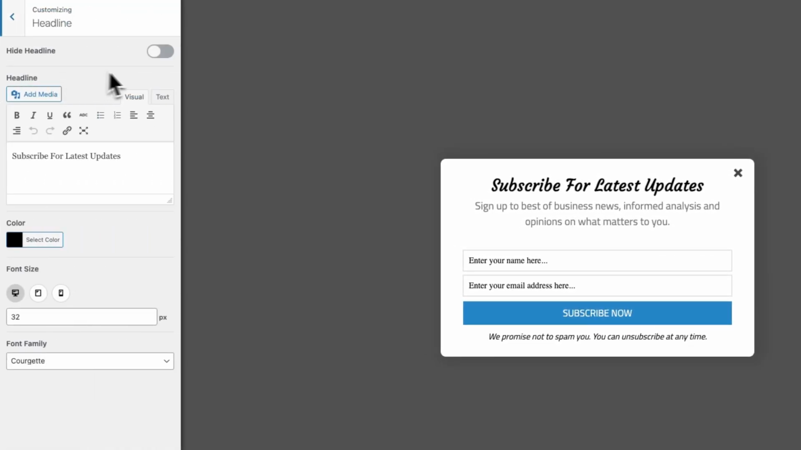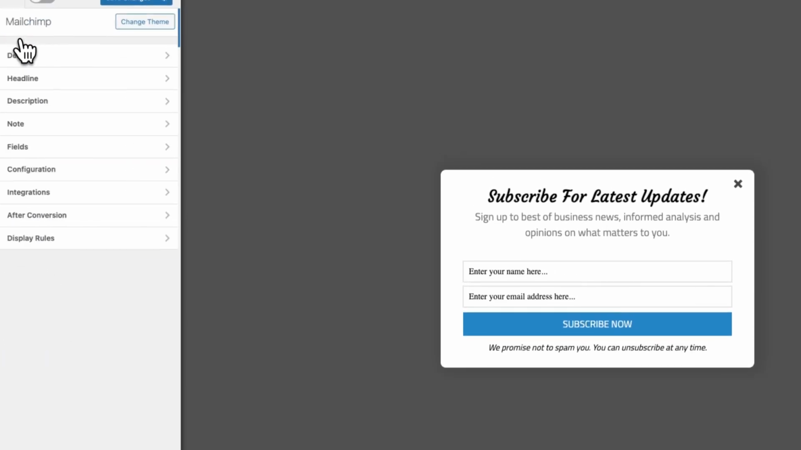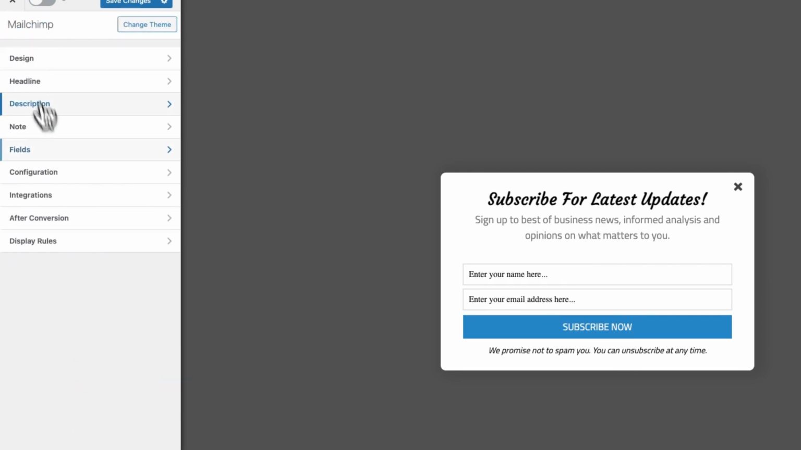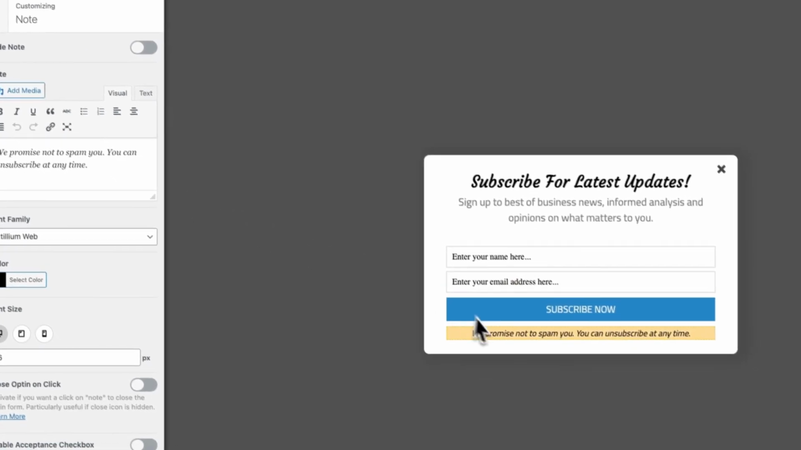As for the headline, we can go ahead and hide it. We can make changes to the text below using this editor. We also have colors and font options that we can go ahead and configure. Now, moving on, we also have description options, and these are quite similar to the header. And next, we have the note. And these options are quite intuitive as well, so you can always go ahead and make changes if you need